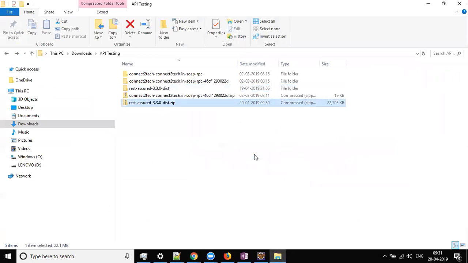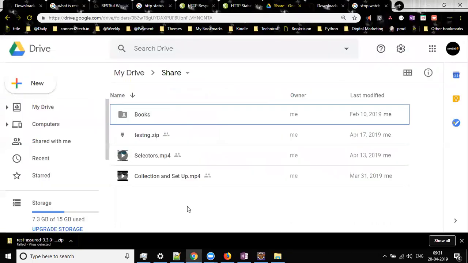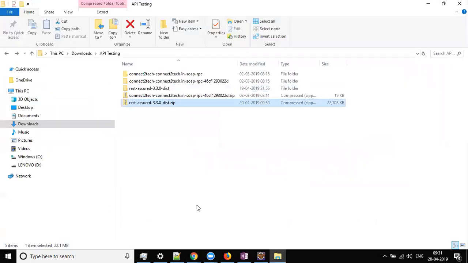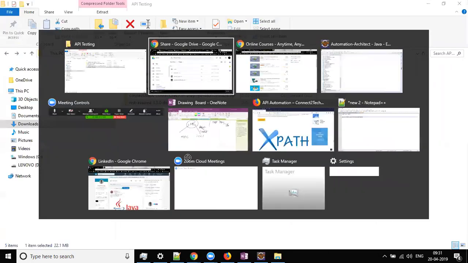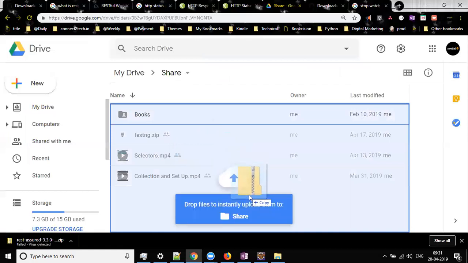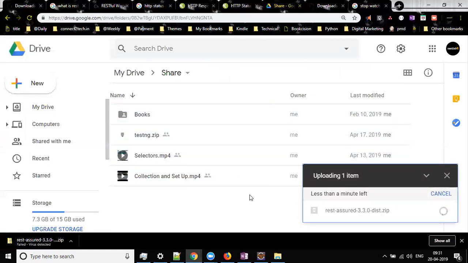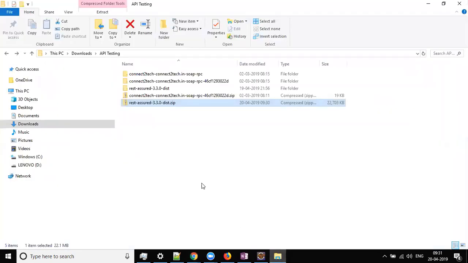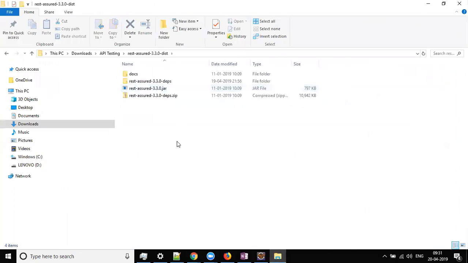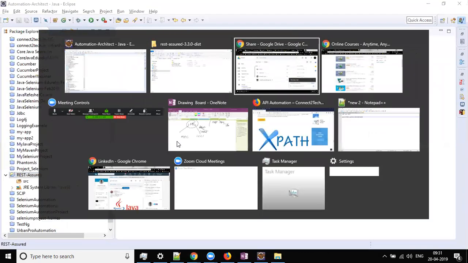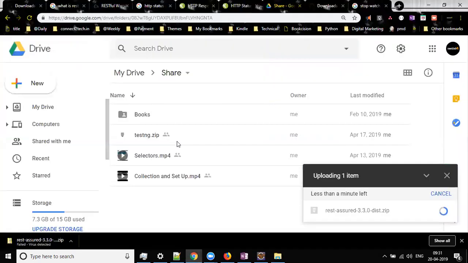So for the others for whom the download is done already, what happened? Once it is uploaded, I will share the link with you. For the people who have downloaded it, unzip it. I also have the same problem actually. It was downloaded successfully, but I don't see it in the downloaded folder now. Like it just disappeared. Yeah, got deleted. Okay fine, then let's